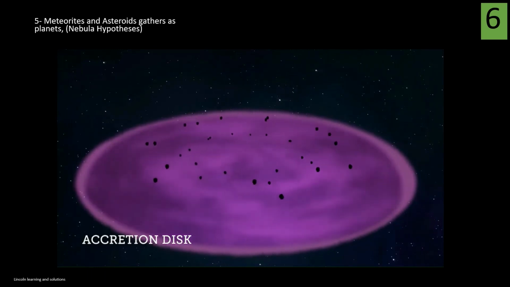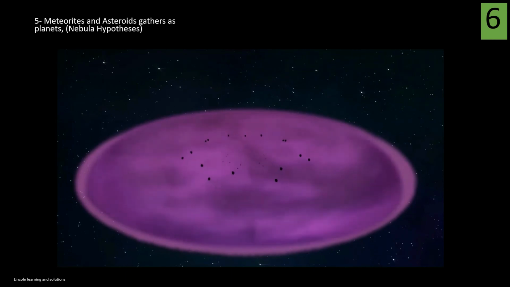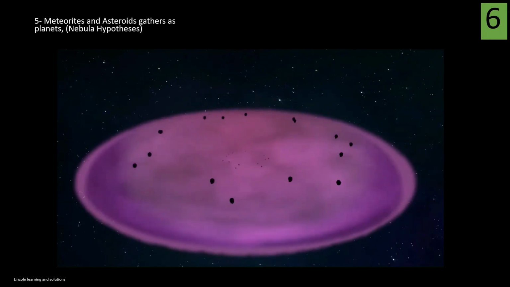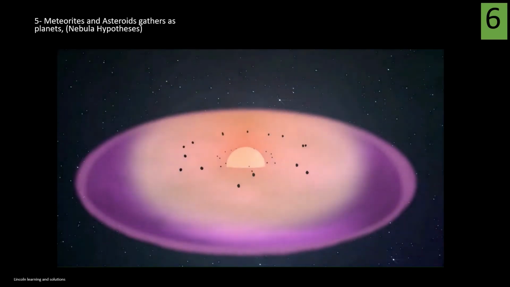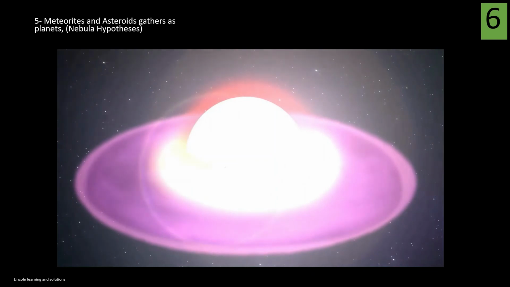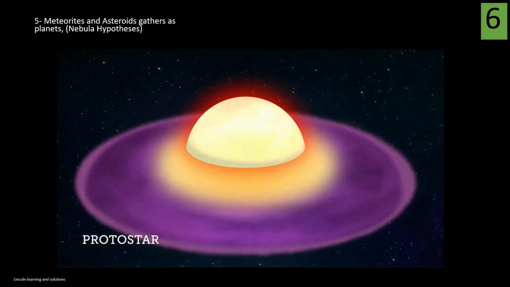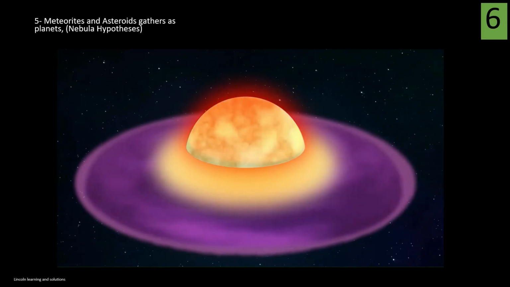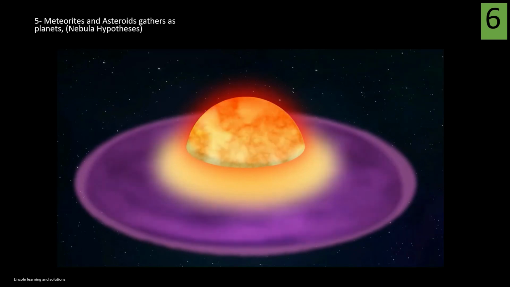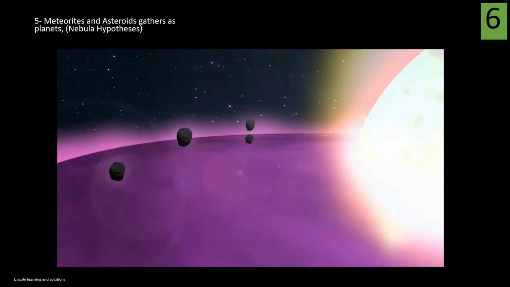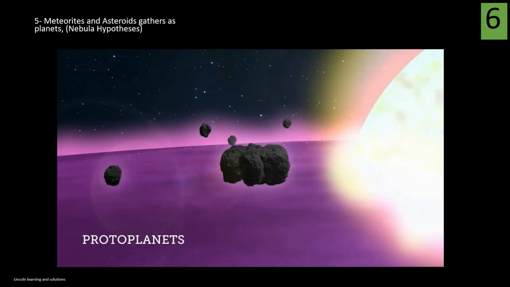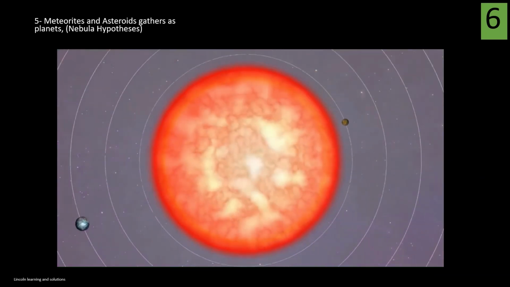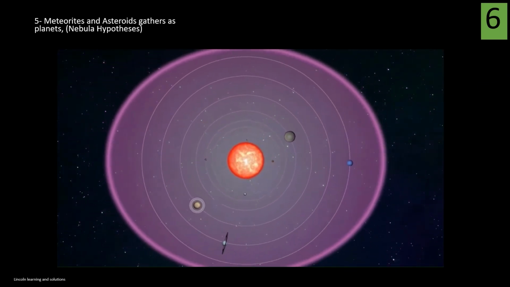accretion disk, and the material inside the disk, when it spins in one direction, moves to the center of this disk, and then a new star, a low mass star, appears in the center of the nebula, and this we call the protostar, which, according to the evolution of the nebula or the solar system, can also attract the asteroids of the heavy metals to be collected together and make a bolt of fire, or we usually call them the protoplanet, which the Earth as a planet is being created in this